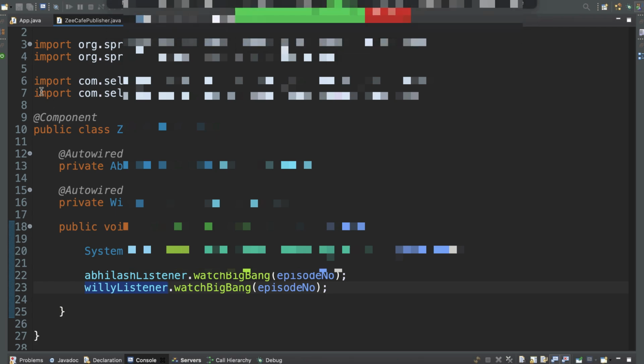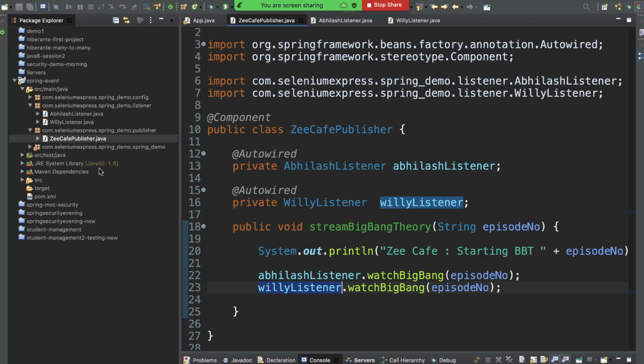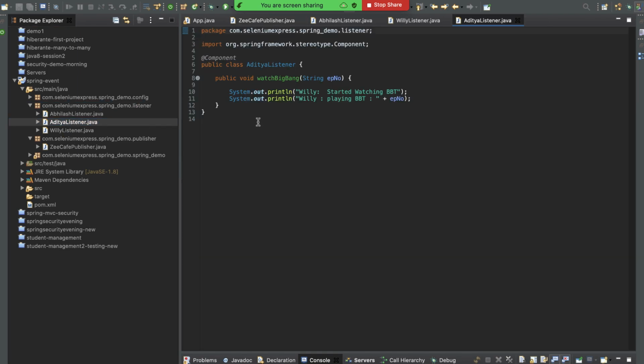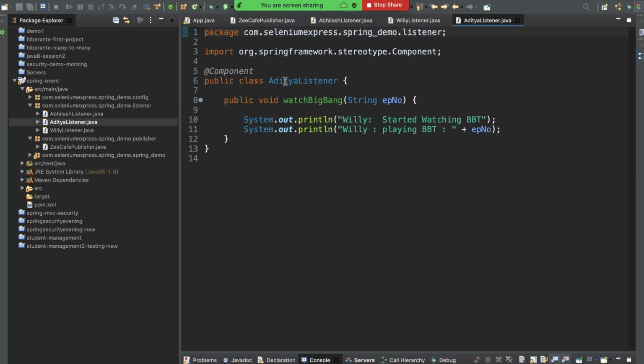Perfect. So, okay. Right now, another time I'll be asking you one more thing. Imagine, let's say tomorrow Anu has taken the subscription or Yash has taken the subscription. So what you will be doing, you will be creating one more class right here, right? Let's say Aditya Listener. Okay, and inside the Aditya Listener, let's say he has also subscribed to this. Then again, you have to make it a component. Let's say I'm going to change this name right here to Aditya started watching BBT and Aditya started playing BBT episode number whatever. Then again, this is a listener who is going to listen to that particular event, and